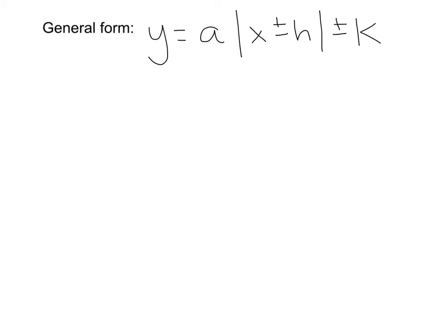The general form for the absolute value graph is y equals A times the absolute value of x plus or minus h, and then plus or minus k as well. And this is where we are going to get our shifting from. So the A, just like before, if A is greater than 1, it's going to be a vertical stretch. And again, I shorthand that to VS. If A is greater than 0 but less than 1, that's going to be a vertical compression. And if there's a negative sign out in front of A, that's going to reflect it